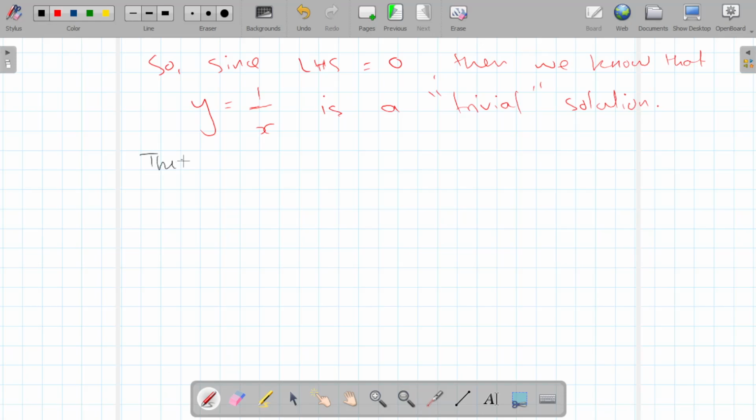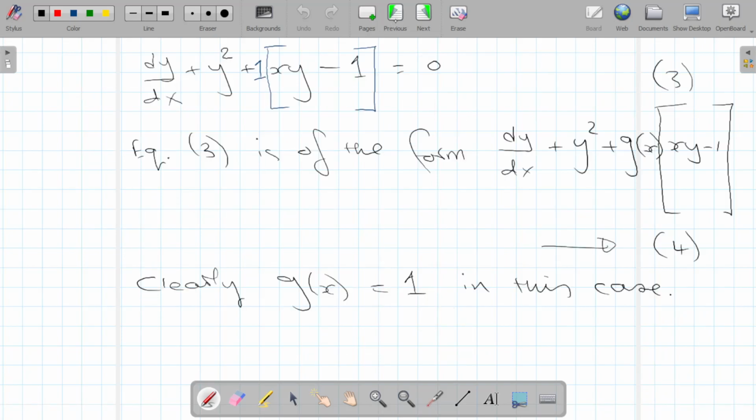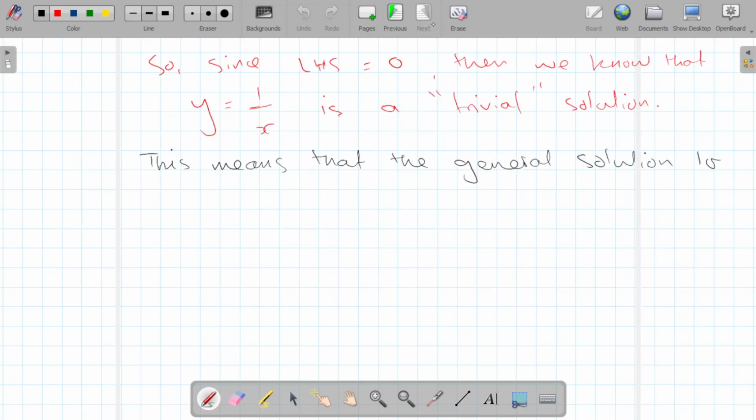This means that the general solution to equation 3, let's just go back. This means that the general solution to equation 3, and we'll write it down again here,